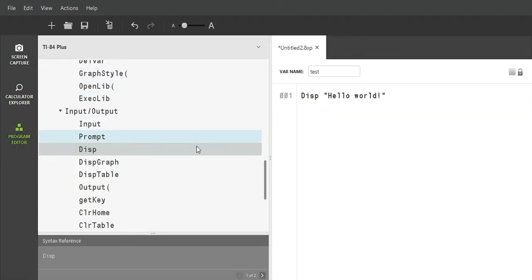Now, the way you put these programs on your calculator is fairly simple. You just press this button with an arrow pointing at a calculator. You make sure this is highlighted. You can change the name here if you want to. You can change the location. RAM should be just fine. If you haven't got any RAM anymore, I expect you know what you're doing, because you'll have made these things yourself, or you will have put a lot of games on your calculator, which I did. So you send it,